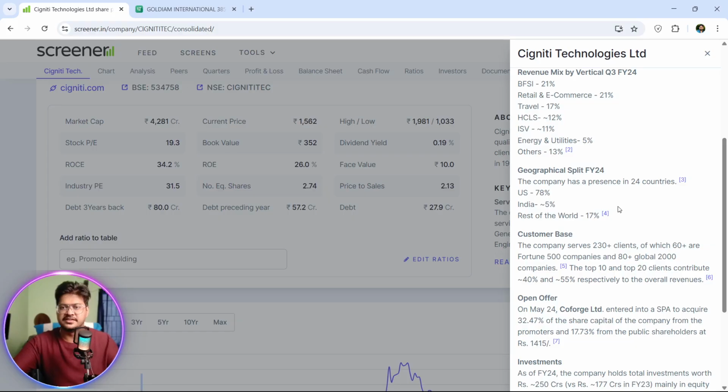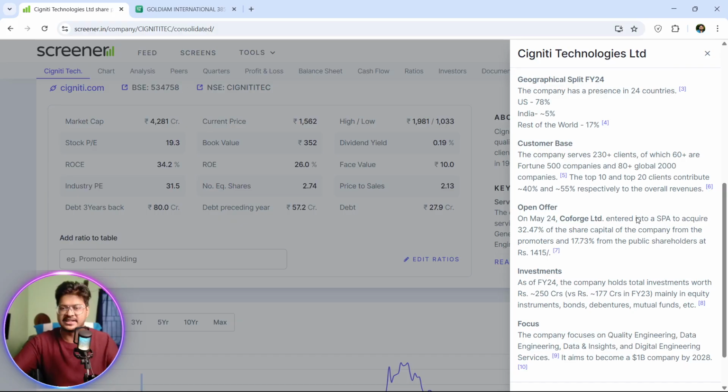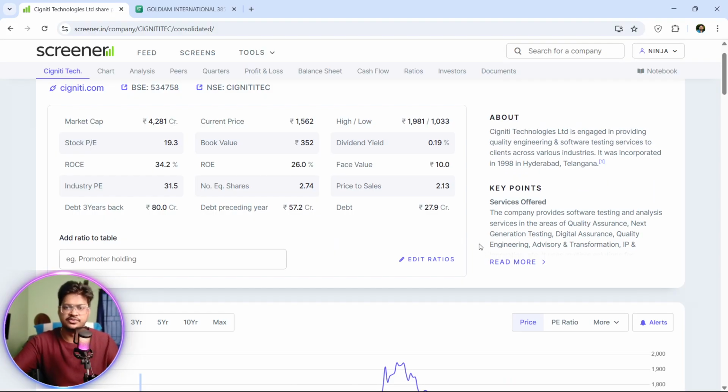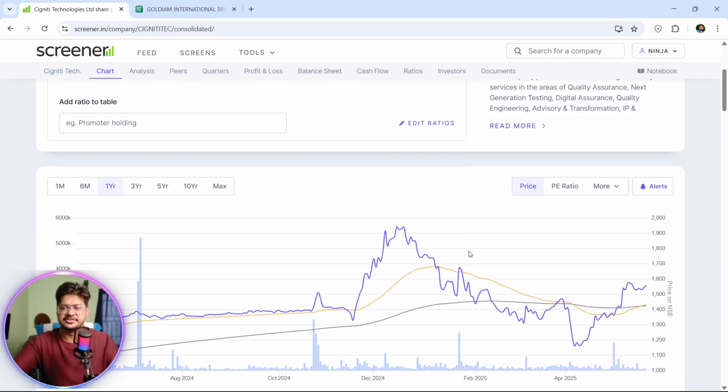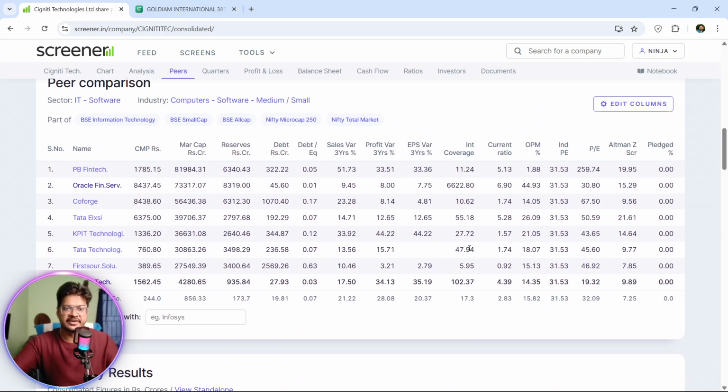in which field it is working, where the revenue is coming from, customer base, and all these things. I will leave it up to you, so that you can do some research. Now we are going to check the fundamental numbers. The current stock price is 1562, market cap 4280 crores, reserves it has is 935 crore, and